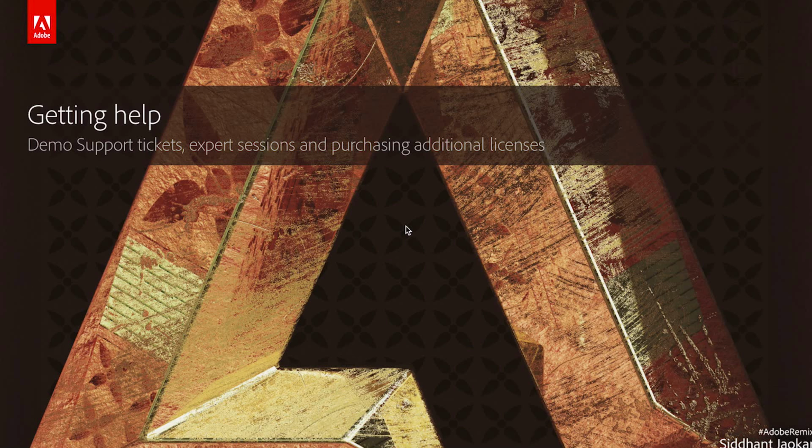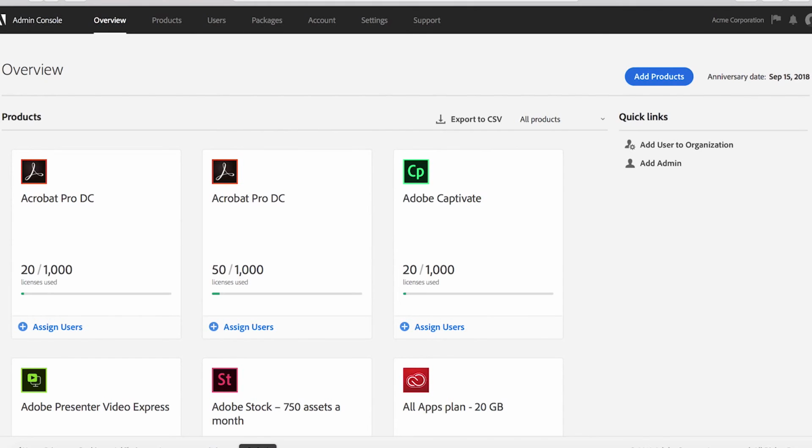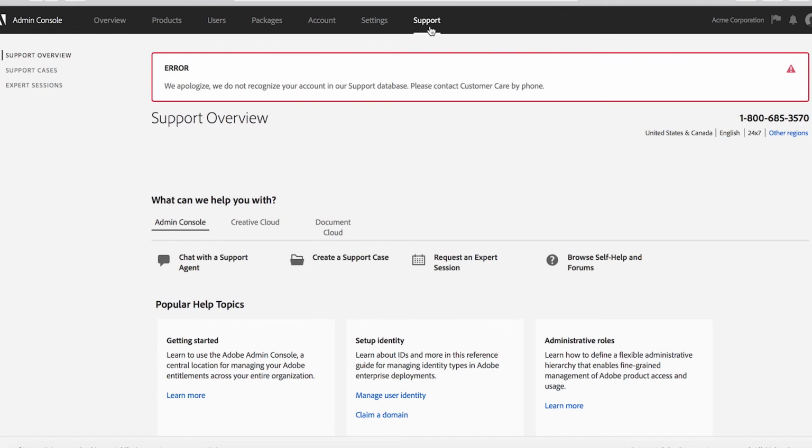So for the last of our demos, let's have another look at the Admin Console. From a support point of view, you won't lose any more time looking online for help. Help is available anytime, anywhere. So again, from our console, if I go to the support tab,